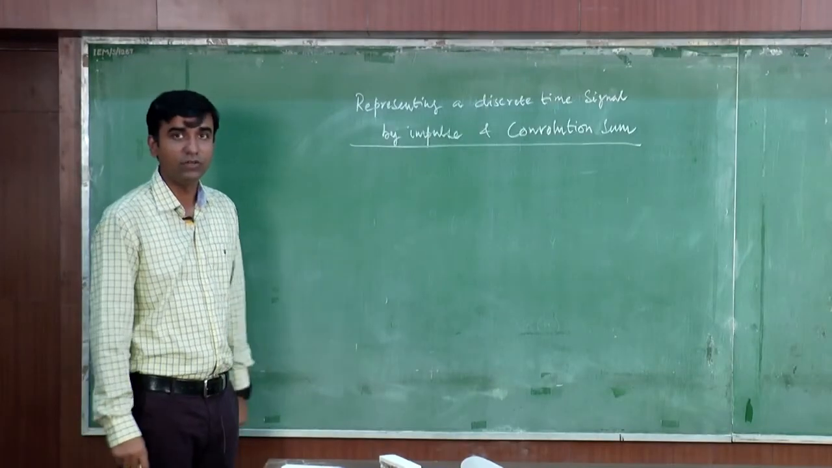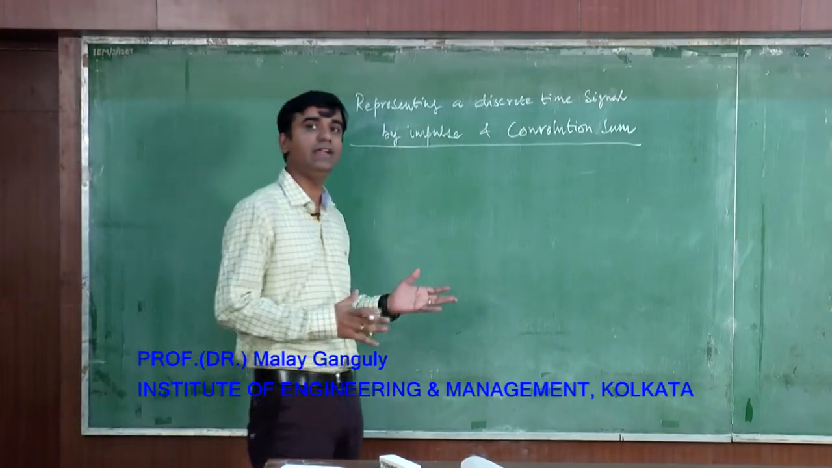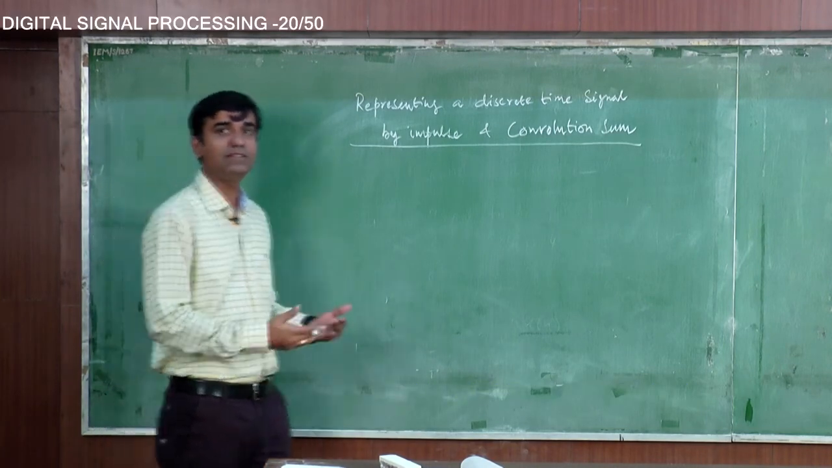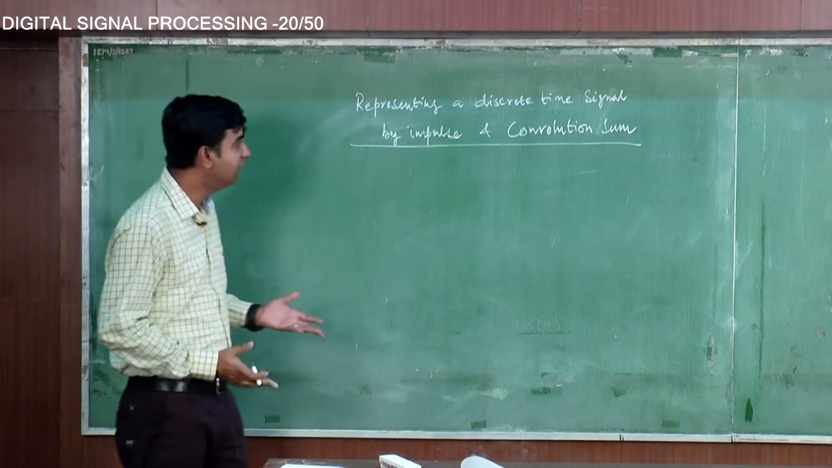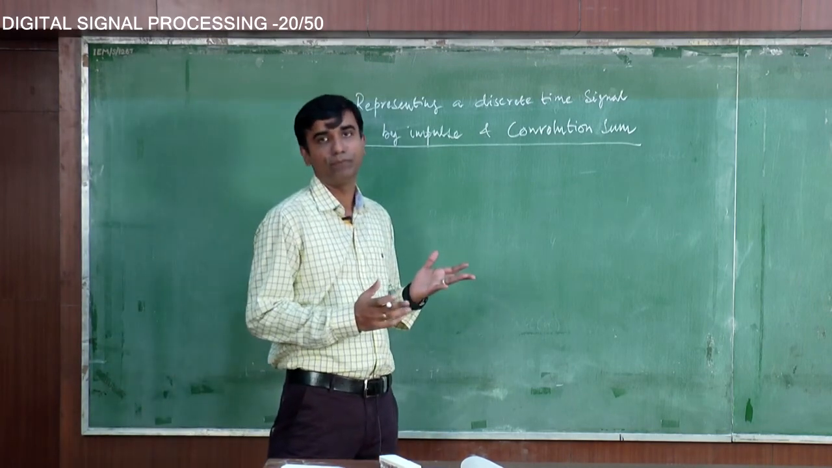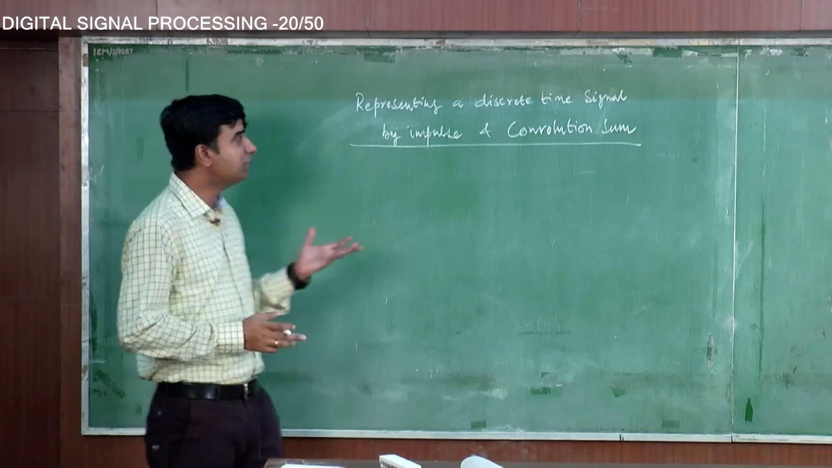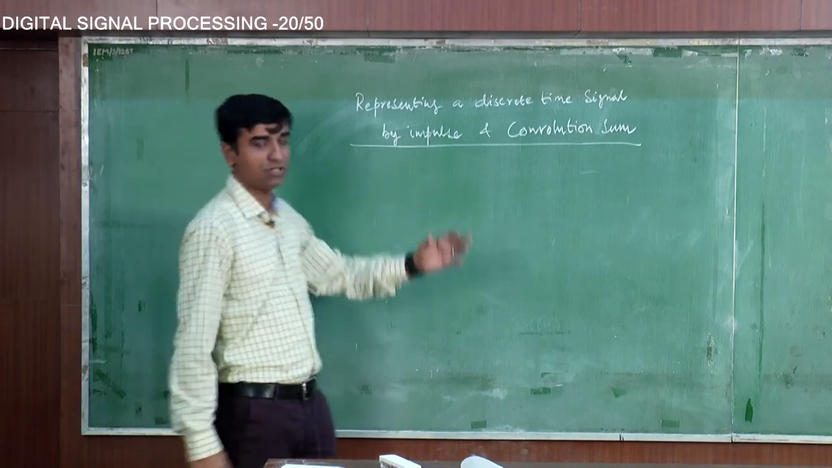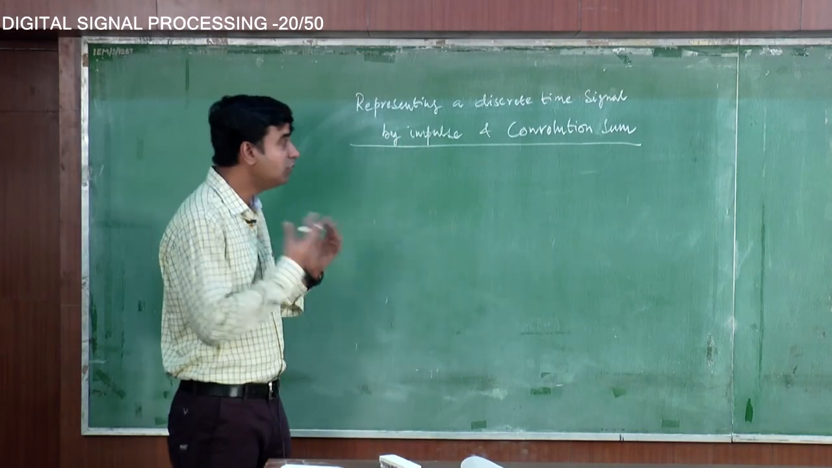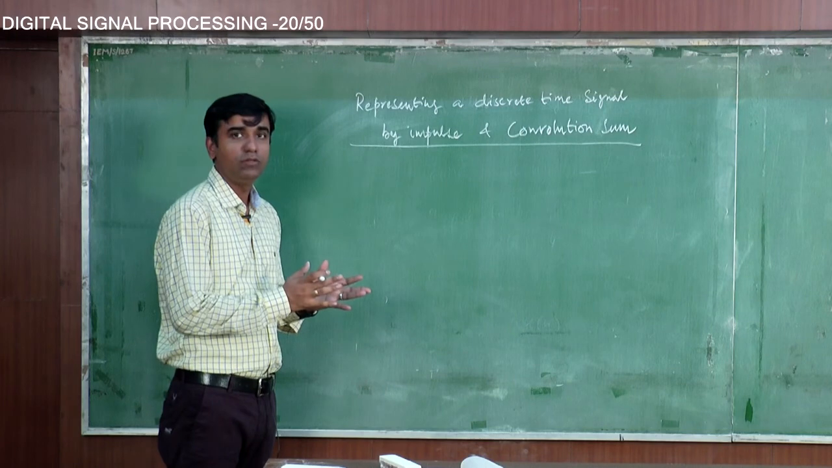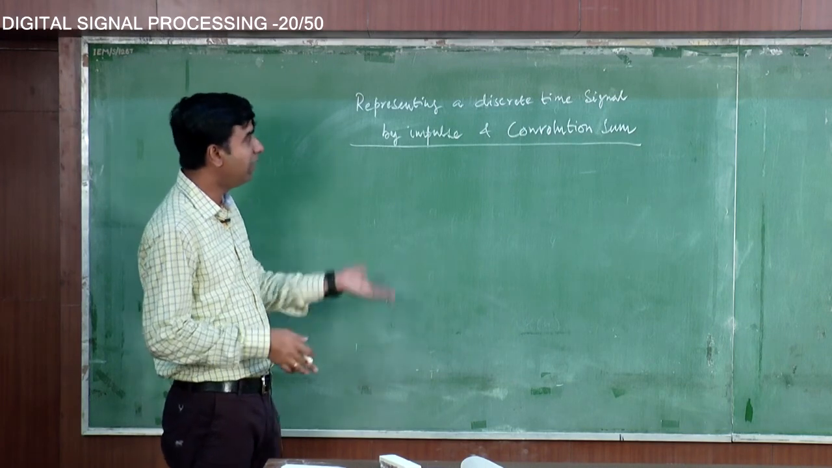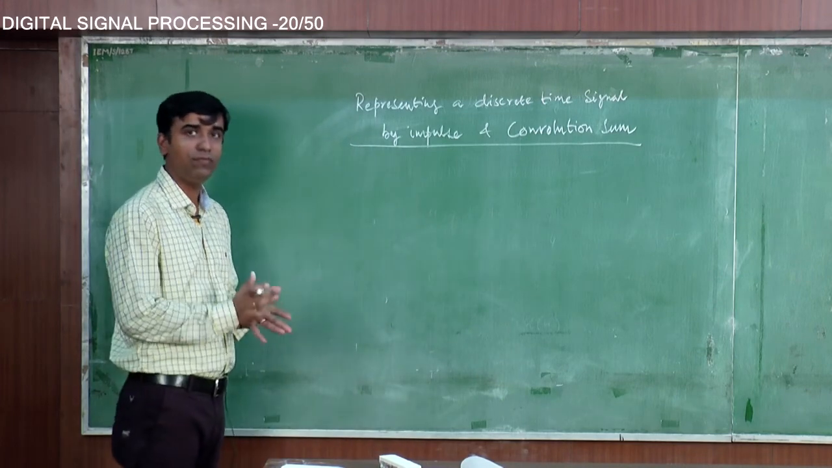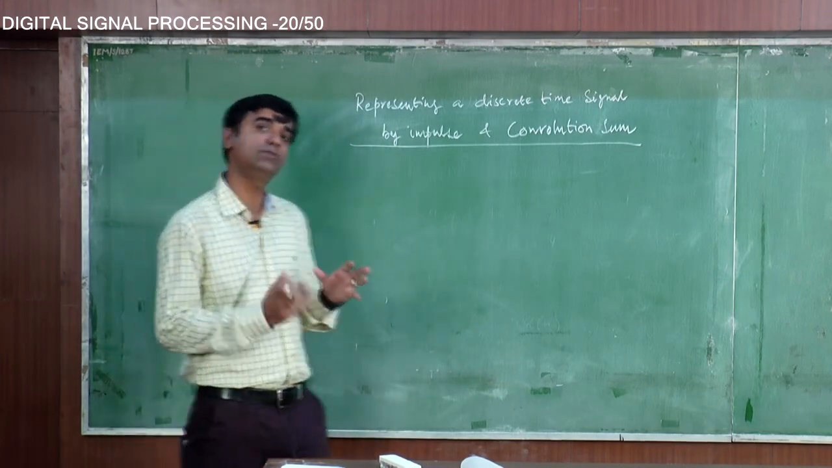So in this lecture, we will be discussing representing a discrete time signal by impulses or impulse responses, and what is convolution sum. Convolution sum is a very important mathematical description, also very important with respect to the behavioral pattern of systems, by which we can actually get the output if the input and impulse response of the system